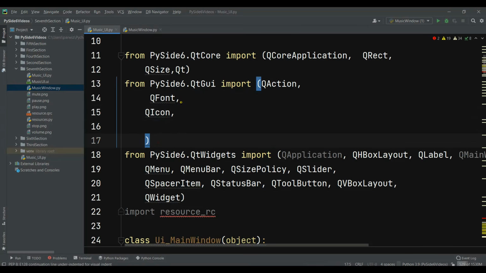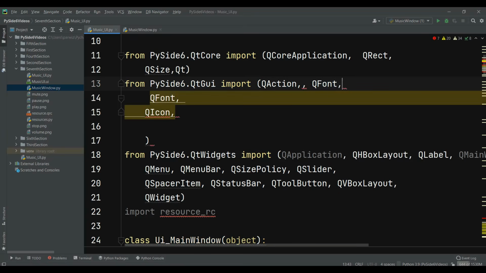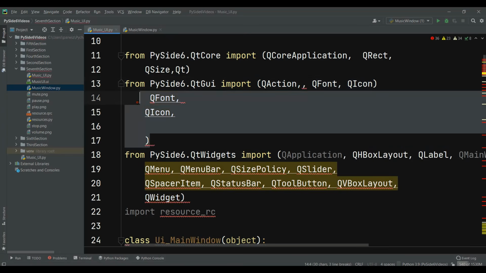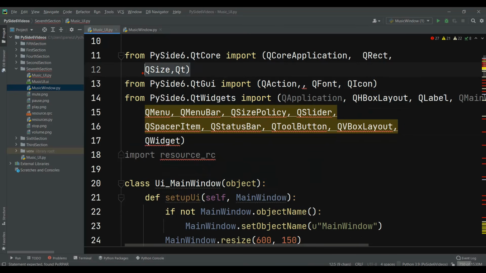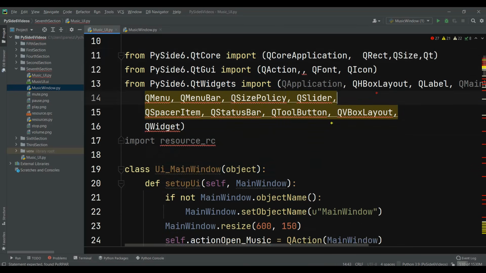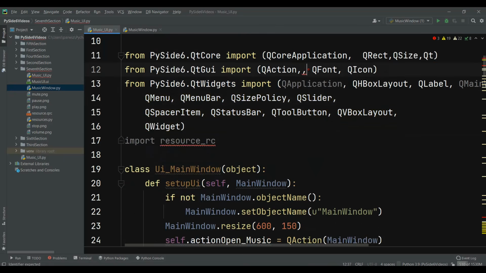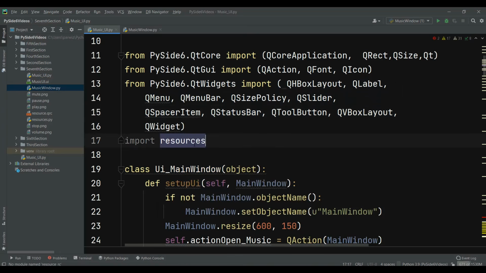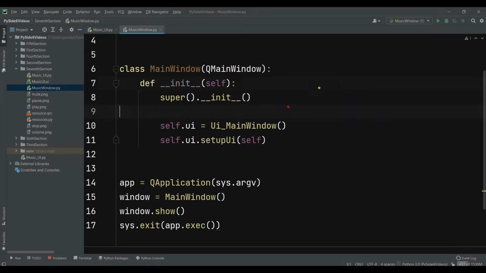Okay, let me bring it in here, QFont and also QIcon, and we can just remove this, and we can just bring this in here. So now we don't need QApplication in here, QMainWindow, and we need these items. Okay, and also in here now we need to just use import resources. Okay, so now if I run this,